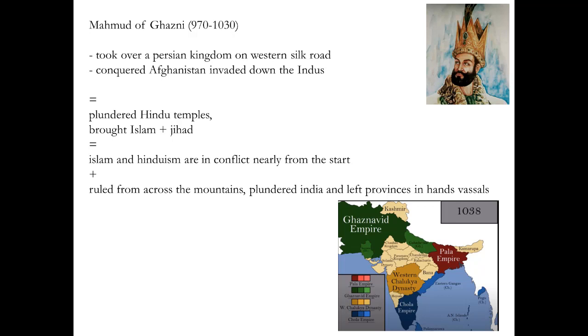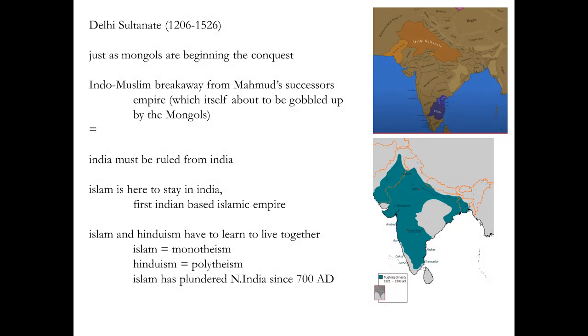Here, on the other hand, Mahmud is from Afghanistan. Mahmud is right over the mountains, and he's coming down. Now, he's going to stay, and his dynasty is going to stay in Kabul. It's going to stay in Afghanistan. And they're going to plunder India. And they're going to leave the provinces in the hands of vassals. They gain their independence, and they pay their taxes. This will lead to the formation of the Delhi Sultanate,